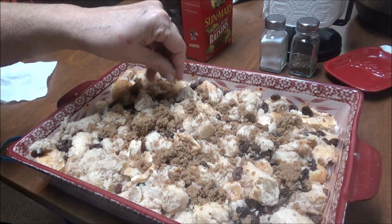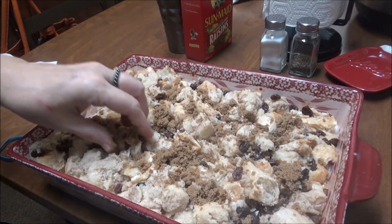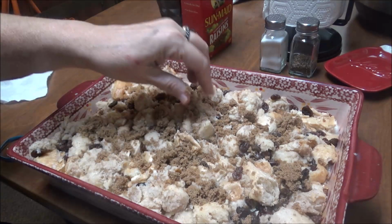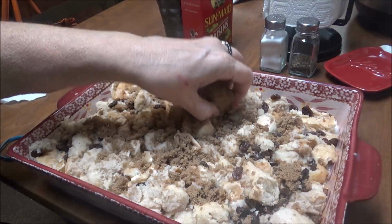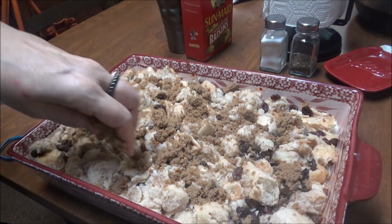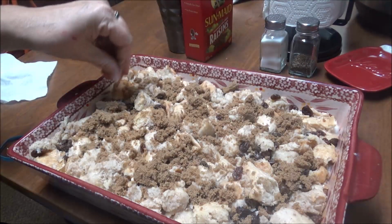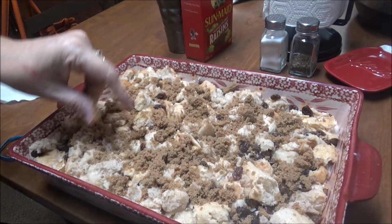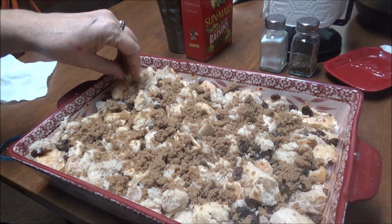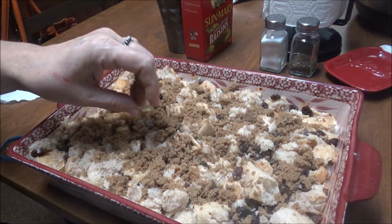My grandma used to make the best bread pudding and rice pudding. I love that too. Oh. All right, let me put a little, whoops. Oh, well. I know it's a lot of sugar in here, but wow, it just tastes so good. And I know I should be doing keto, but